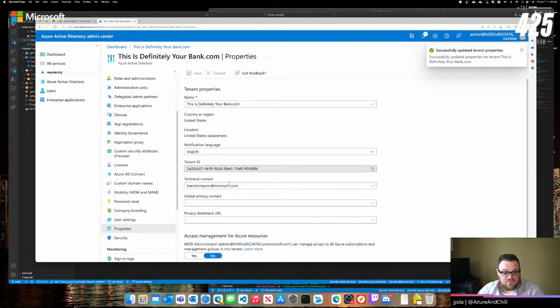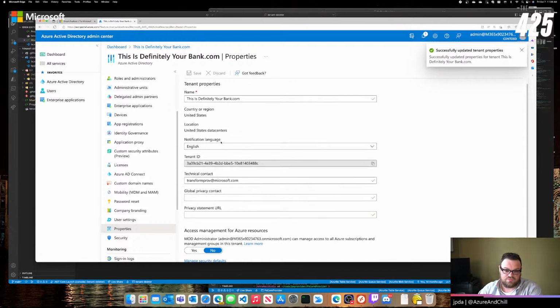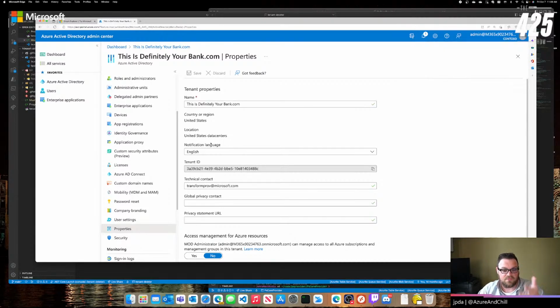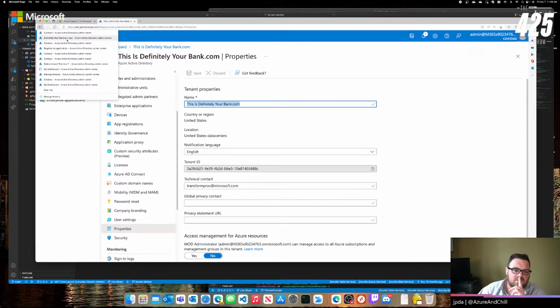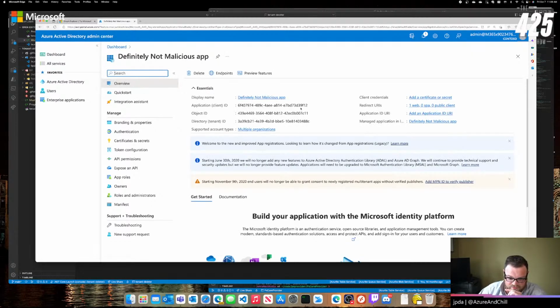So you can come in here and you can upload a photo, a picture, like in your tenant branding. You put a picture of a bank logo up there, right? And obviously there's lots of mitigation, lots of things that happen. But somebody who gets control of something, now they can do this. And this means when a consent screen happens, let's go back to our app. This means that when we are in our malicious application,